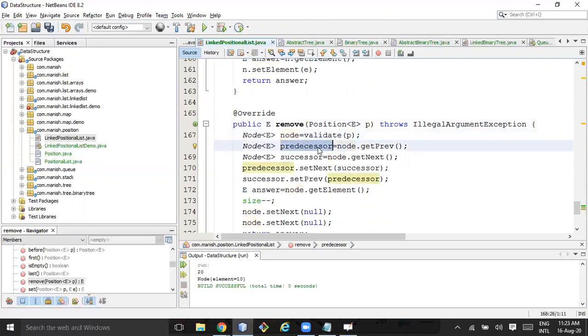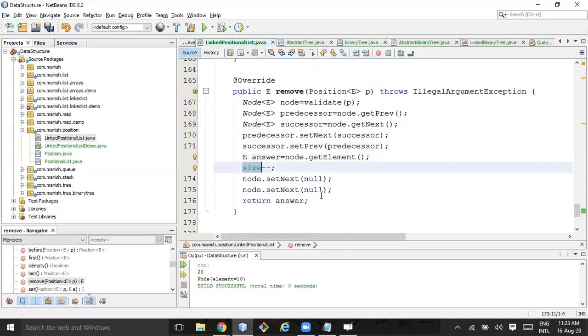I'll get the predecessor, the previous of that node. I got the successor, the node after that. So predecessor dot set next should be successor and successor dot set previous equal to predecessor. That's fine. Now I get node dot get element as answer. I'll decrease the size and then I'll set next null, set previous null, and I'll return the answer. That's it.